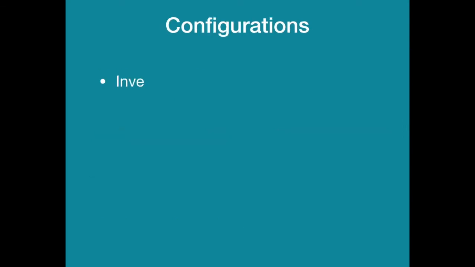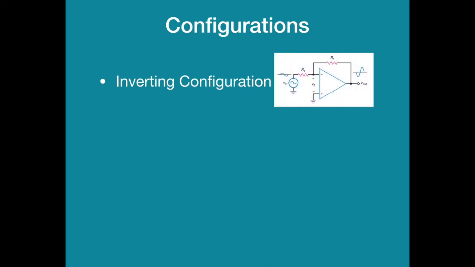This operational amplifier can be used in three different configurations for all applications. The first configuration is inverting configuration. Inverting configuration means input is applied to the inverting end, the negative end. Positive end is grounded, and you can observe here the output is inverted form of input. Of course, the amplified one. When we have positive cycle at the input, we get negative cycle at the output. So there is a 180 degrees phase shift between input and output. So the configuration is called inverting configuration.